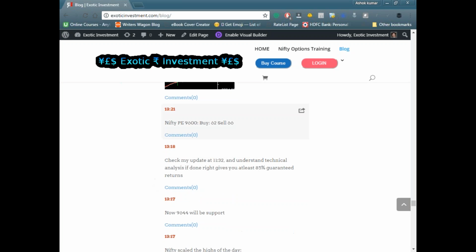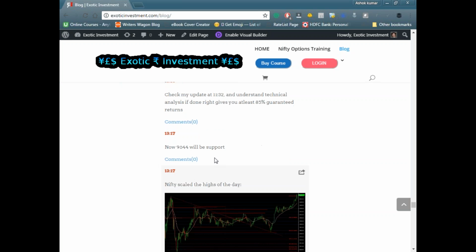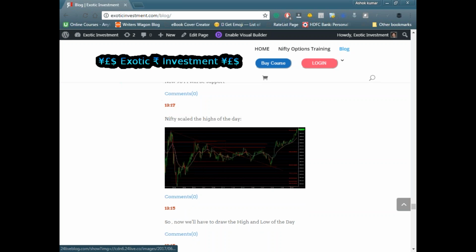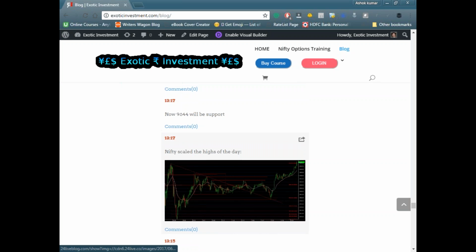So these are my calls. Whenever I buy something or whenever I sell something, I bought a 9600 put at 62 and sold it at 66. Okay, I will be giving you the support zones and resistance zones. If it scales up, what happens? So check this out. I drew this trend line here, and I have mentioned scaled the high of the day,